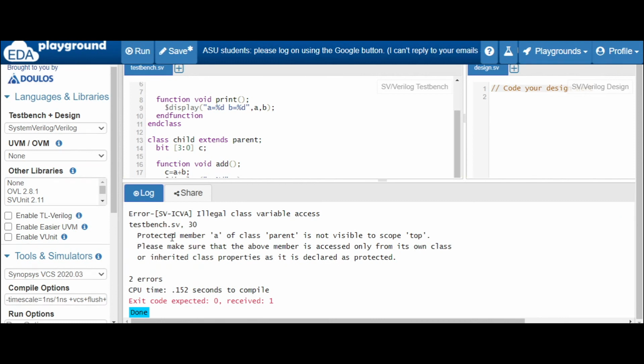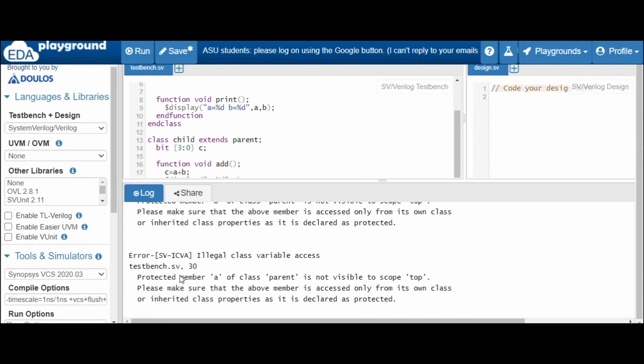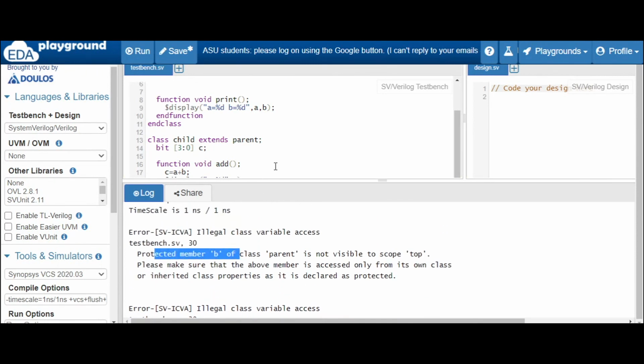See, now we are getting the error: protected member a of class parent is not visible to scope top because it is protected. See, for b also the same error.